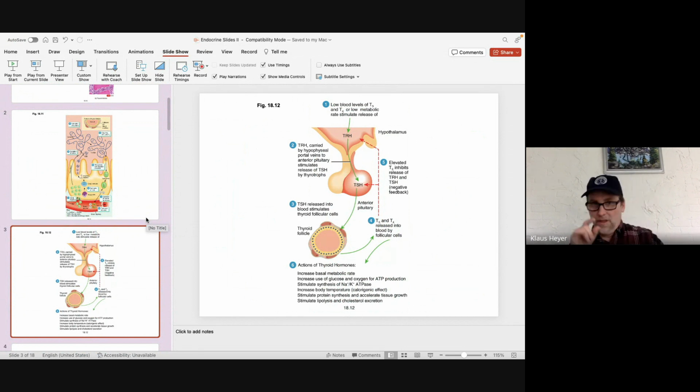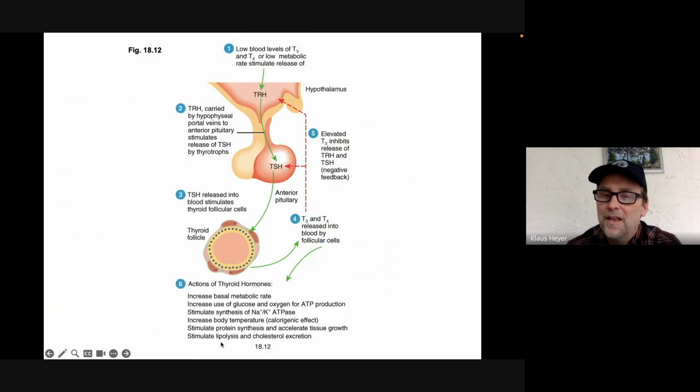Before we go into 5, let's look at something really quick. The function, because we didn't talk about this, the function of thyroid hormones. It's down here. And look at some things coming back. Look at the bottom one. Let me make it a full slide. Stimulate lipolysis. Stimulate protein synthesis. And then up here, increase use of,